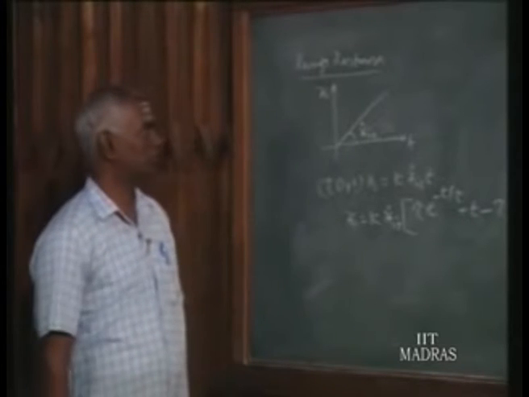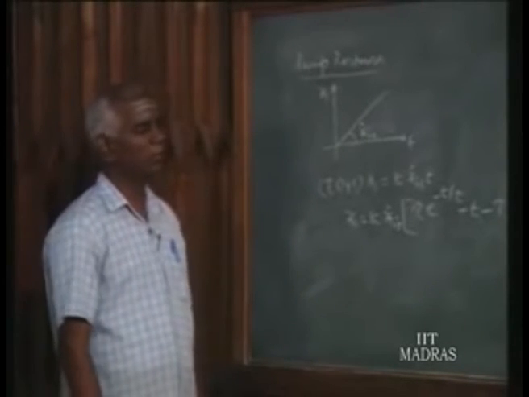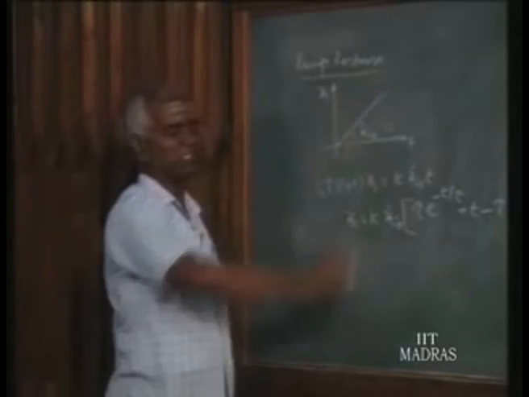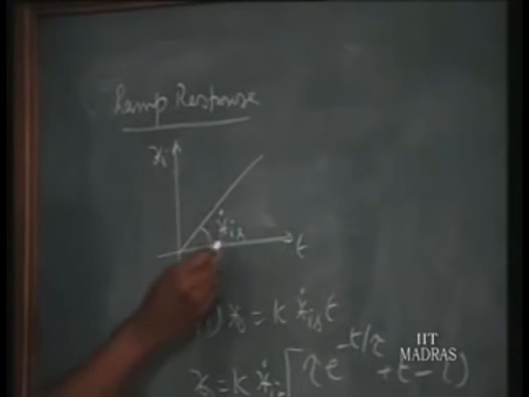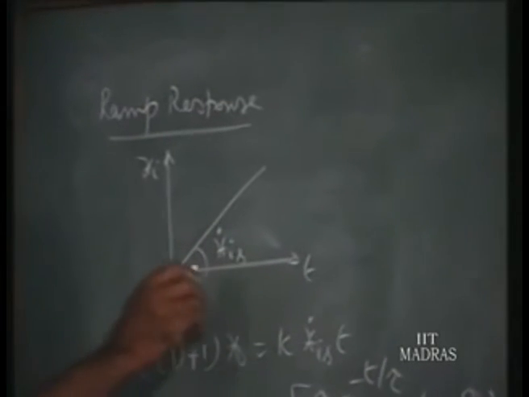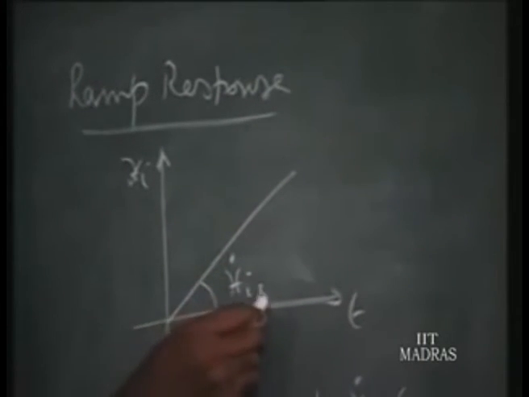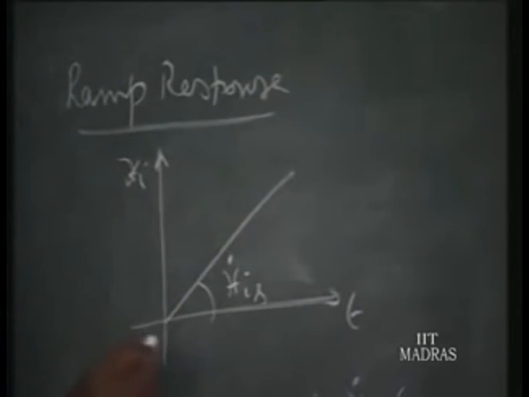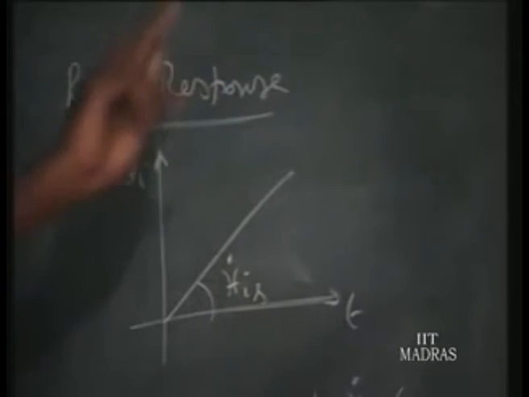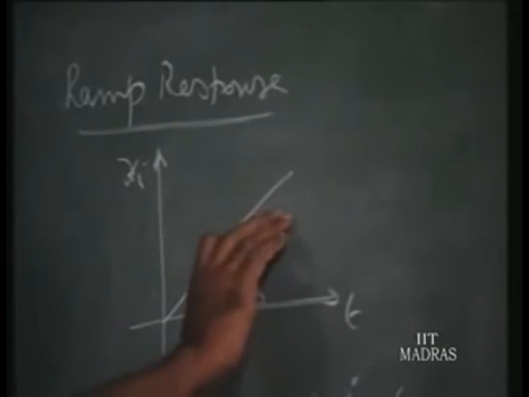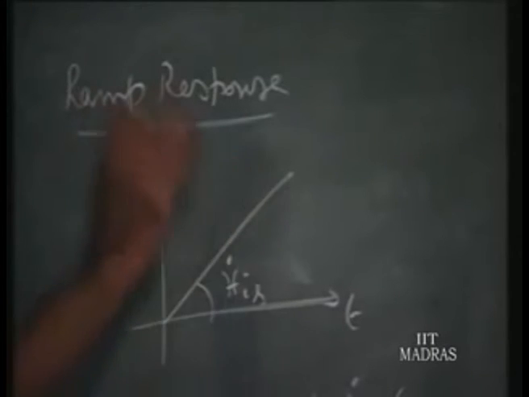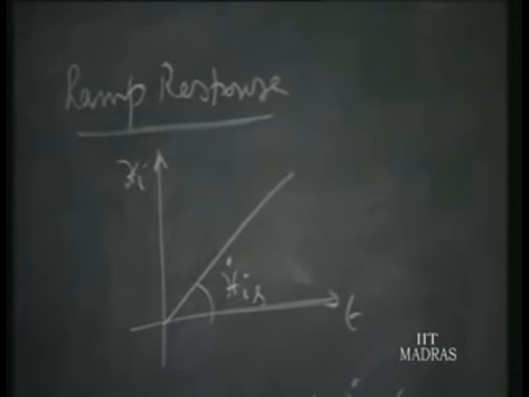Now we see the ramp response. We have seen the step response. Ramp response means that at a given velocity, the input signal is continuously varying, increasing. That is, we say velocity ẋi = dxi/dt. This is a constant velocity, so ẋis is a constant slope, and xi will be increasing as time increases. So instead of xi being a constant value xs, here it is increasing from 0 onwards. If that is the input, it is called ramp input, and the response of the instrument for this ramp input is called ramp response.